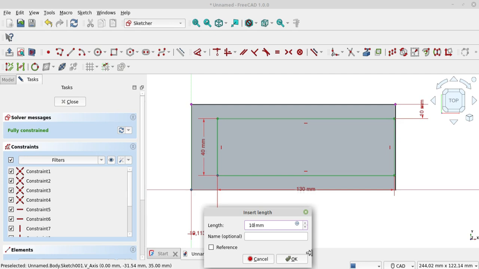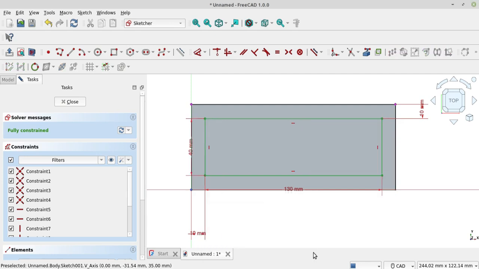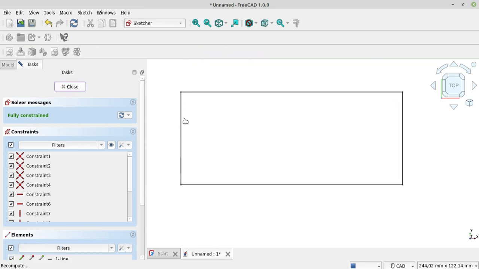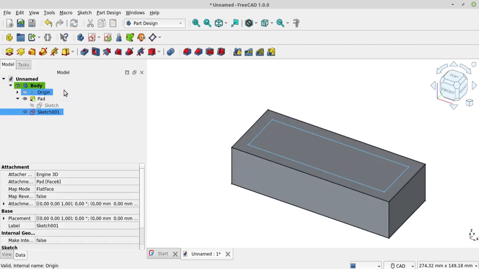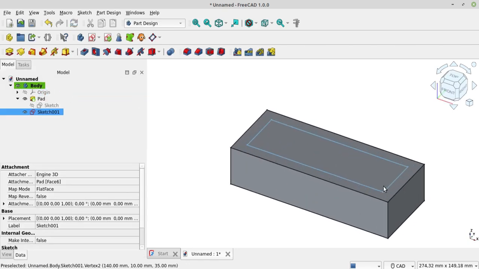When the rectangle is green, it indicates fully constrained. We can close the sketch and let's begin to make a pocket.